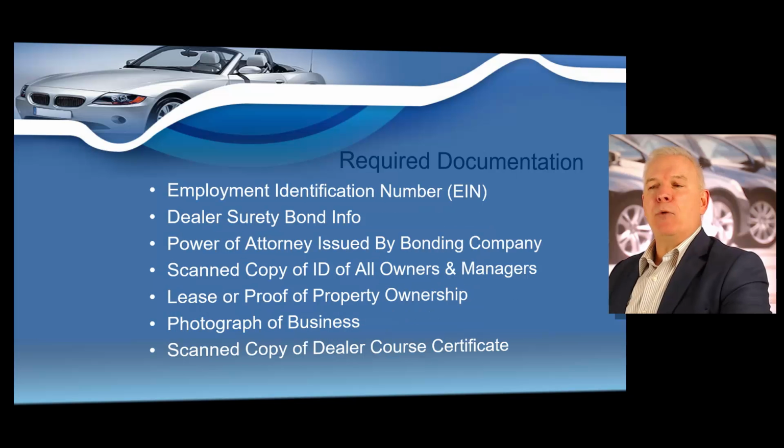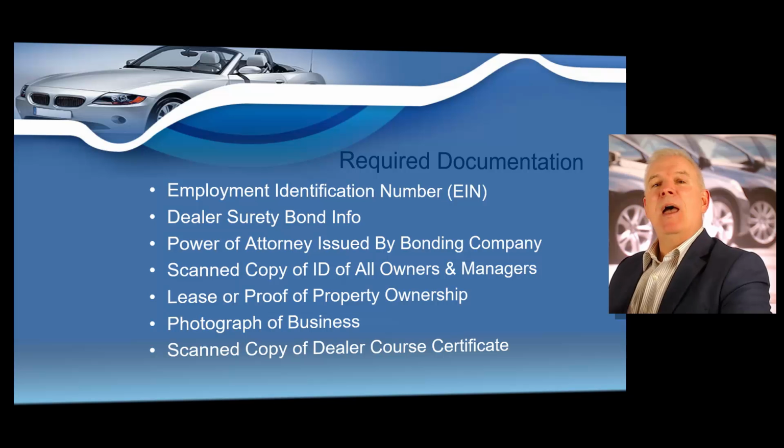You will need the following required documentation before you submit your application through the e-licensing system. Your employment identification number, or EIN, for the business. I'm going to show you how to get your EIN a little bit later in the course. Your dealer surety bond number, the name of your bonding company, and the effective and expiration dates of the bond. And by the way, your bond must be signed by both you and the bonding company representative. The power of attorney provided by the bond company will also be needed in addition to the original dealer surety